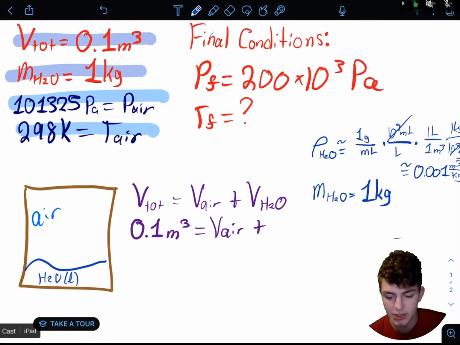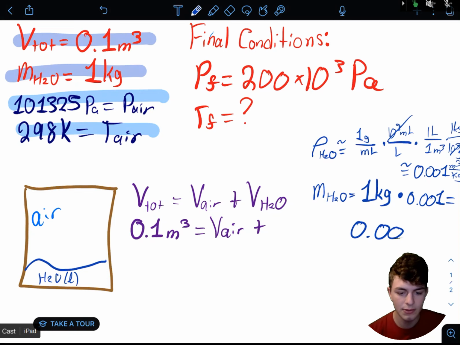And I did switch the orientation of the units there. So we'll say it's that multiplied by 0.001 will give us the final equation